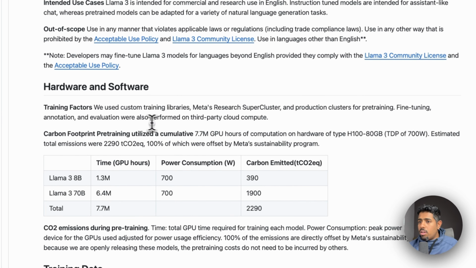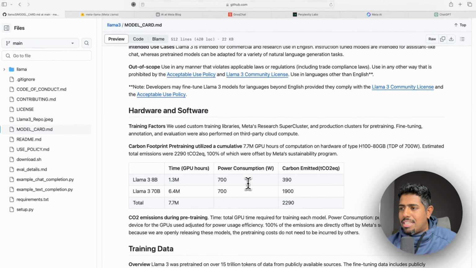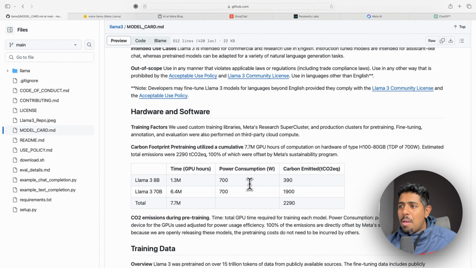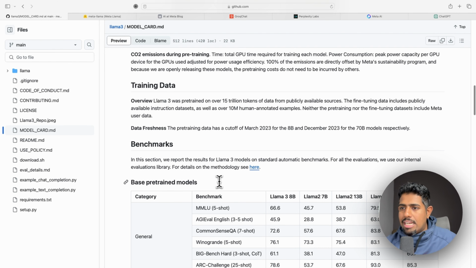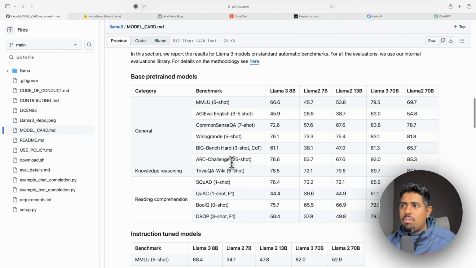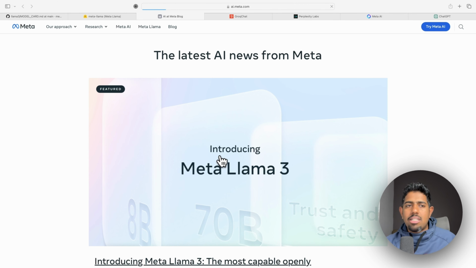And if you go down, one of the things that I really liked is they talked about how much time it took them to train these models. So this model took about 6.4 million GPU hours. That's like 1,444 human years, and I actually did the calculation, but I'll tell you how I did that later. But that's approximate. They also talk about carbon emissions and the training data and a bunch of things, especially around the results. So now if you go into the Meta blog, and that's what we can actually get into,